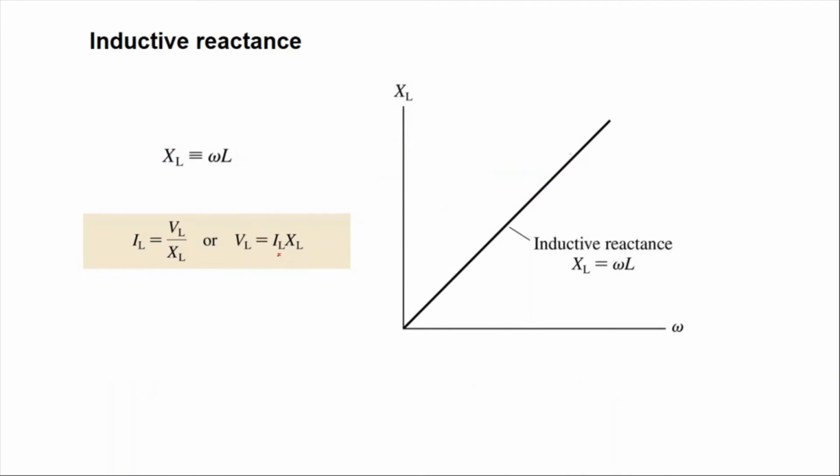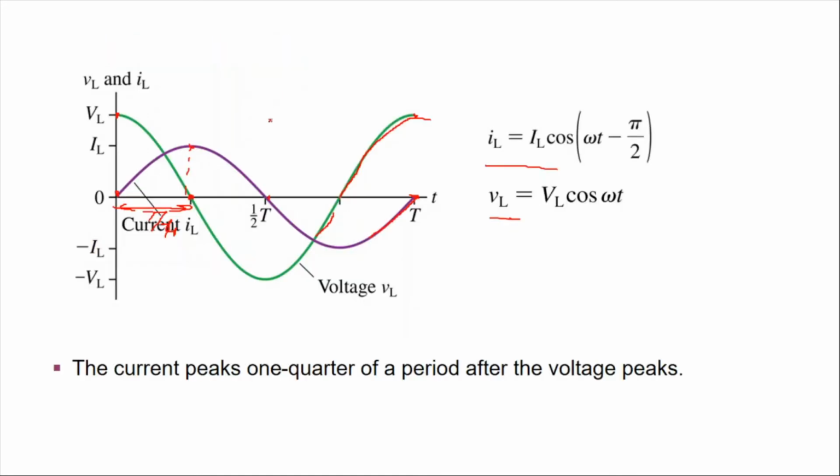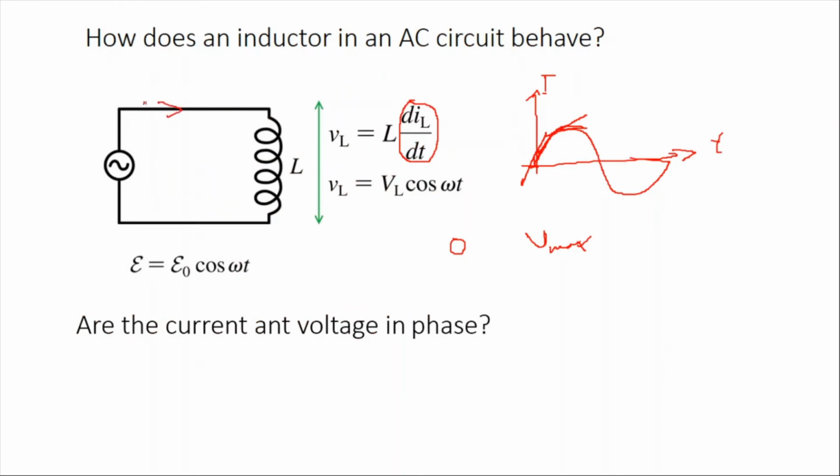So is there a resistance of the inductor? Yes, there is, and we call it inductive reactance. When the current is flowing in the circuit, going back and forth, some energy is stored in the wires of this coil, and the change of the magnetic field here produces an induced current. The current from the source and the current produced by the coil sometimes oppose each other, and sometimes are in the same direction. So there is a reactance against the flow of the current in the circuit, and we call it